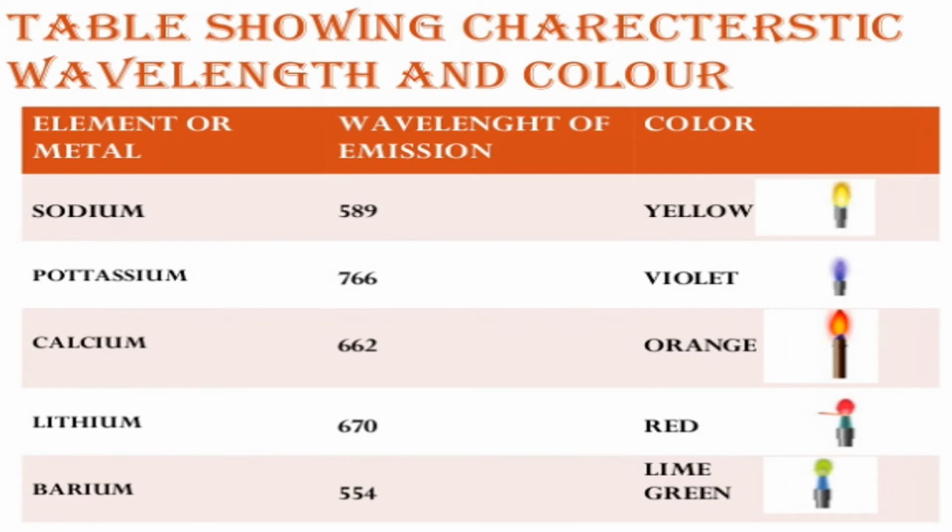So if sodium atoms are excited, they are going to emit yellow radiation, because when electronic transitions occur in the sodium atom, whatever emission takes place will be in the yellow region. Similarly, for potassium it is the violet region, and for calcium red. These are the corresponding emitted radiations of these elements: sodium, potassium, calcium, lithium and barium. As you see, all these elements are alkali elements, so flame photometry holds good only for alkali elements.